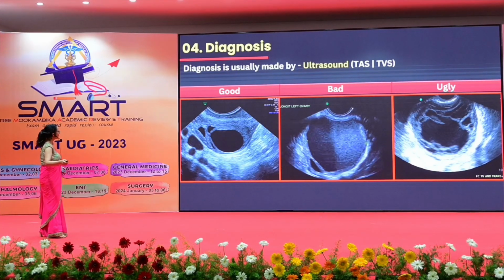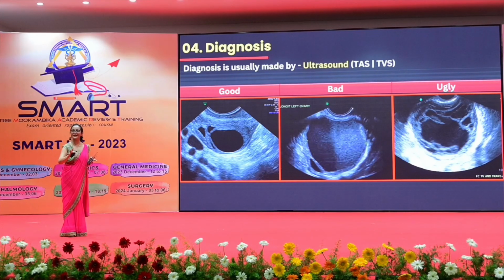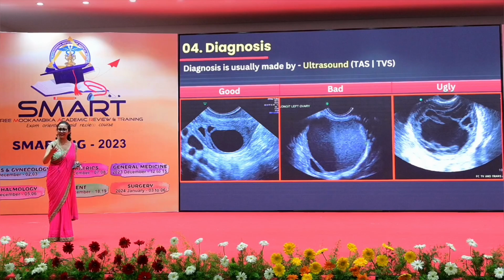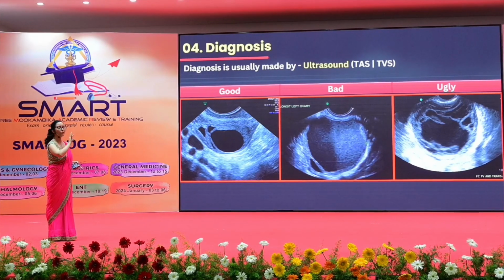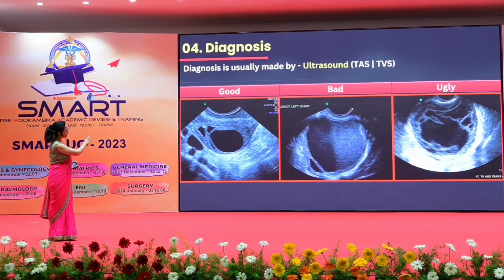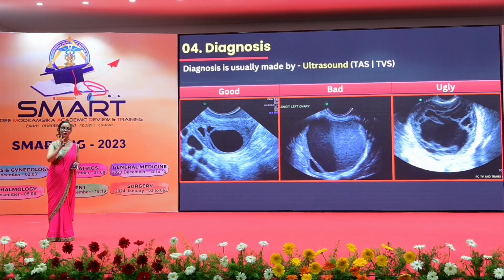Good mass is a clear cyst. First one is the clear cyst. One cyst is there and there is no separation, there is no debris in between. Second mass is also not very good but not very ugly also, because it is homogeneous in consistency. Okay, not very clear, not looking like an egg or a follicle. It is a little dirty, but at least it is homogeneous.